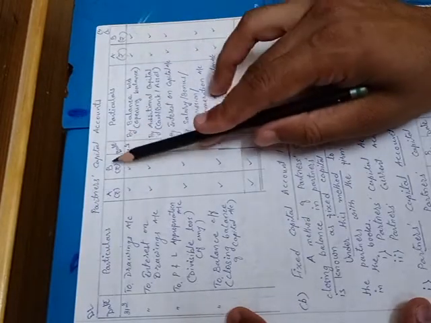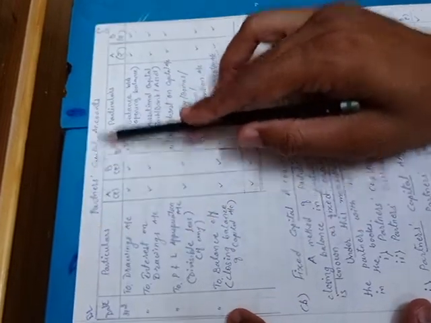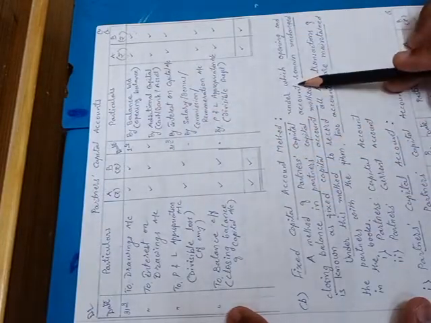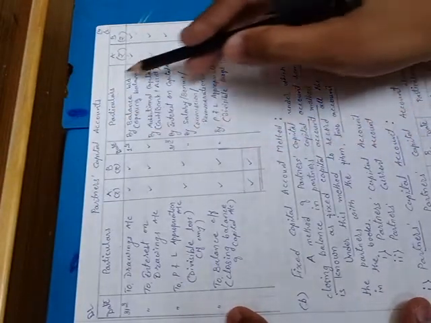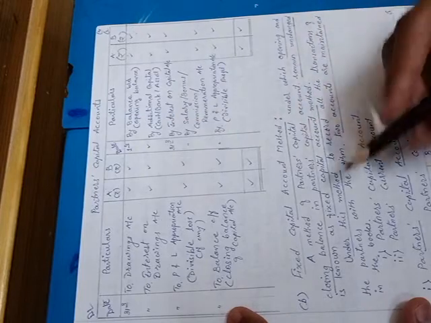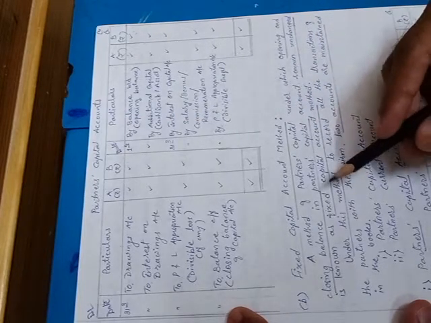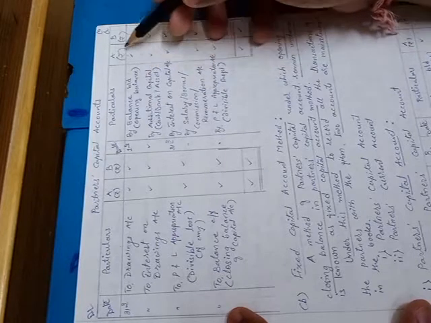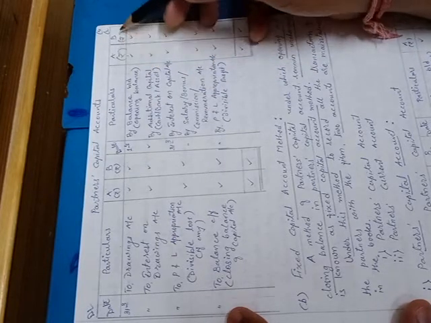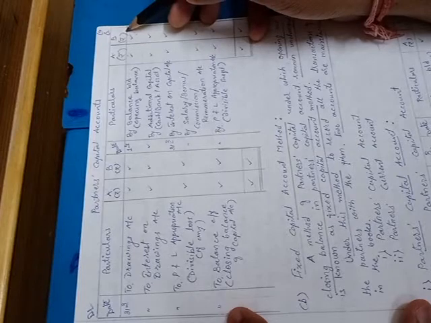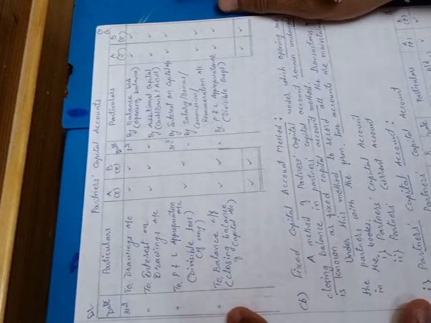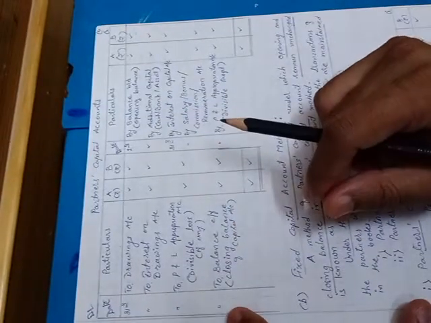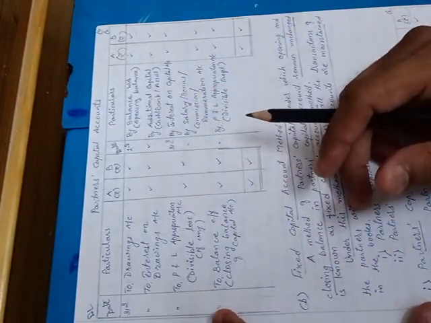You can prepare individual capital accounts also, like partner A's capital account, then below that partner B's capital account, partner C's capital account, like this. But this will become time consuming, because the same details we are going to record twice or thrice if you prepare individual capital accounts. Instead of that, details are same, so we'll keep the amount column separate for all the partners at the same place, so that whichever partner is applicable for that transaction, we can record only the value. So this is the convenient and the easiest way to prepare the capital account.